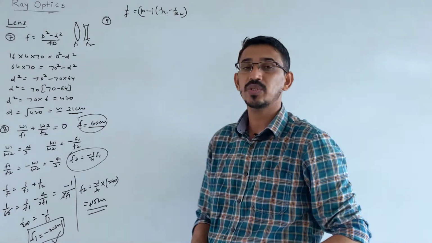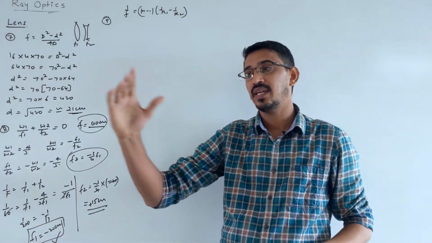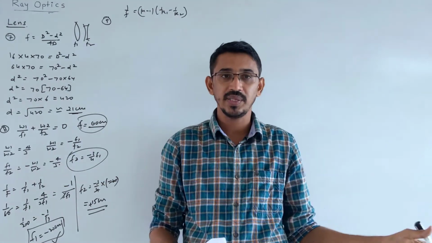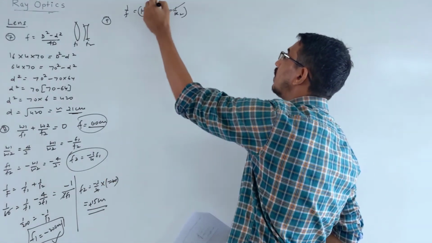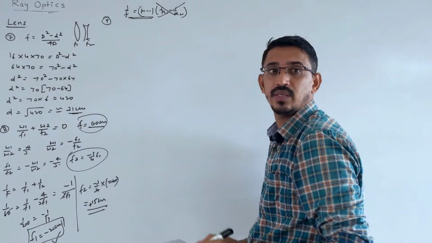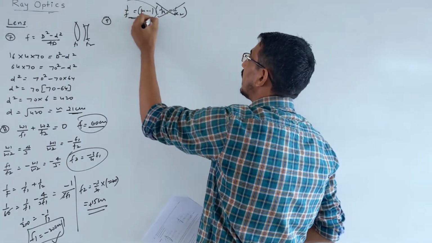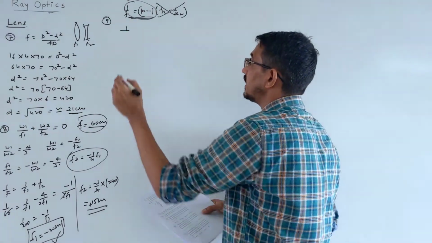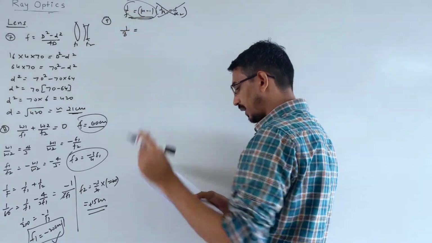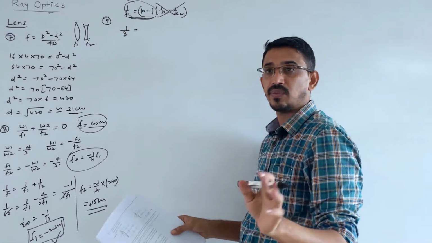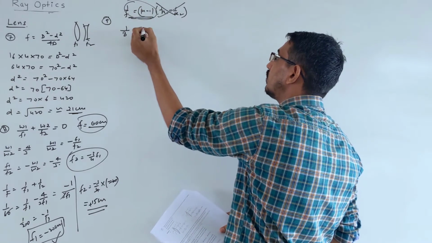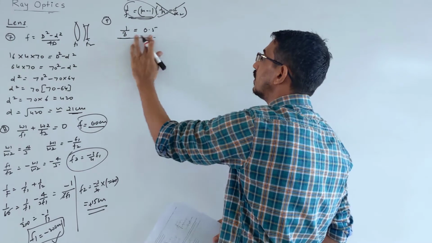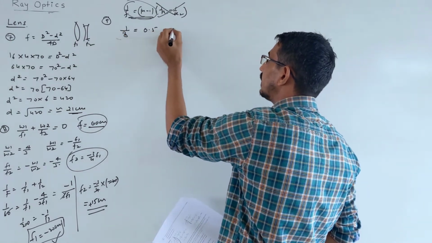Again it's the same question, only that the focal length of the lens in air is given, and they are asking for the focal length in a medium when the lens is placed inside it. I said when you put a medium, this term will not change, this much only you have to write. So let's write first for air: 1 by focal length in air, which is given as 8 centimeter, is equal to mu of the lens by mu of the air minus 1. Lens is 1.5, air is 1 only, so 1.5 minus 1 is 0.5, multiplied by the same curvature term. This is for air.